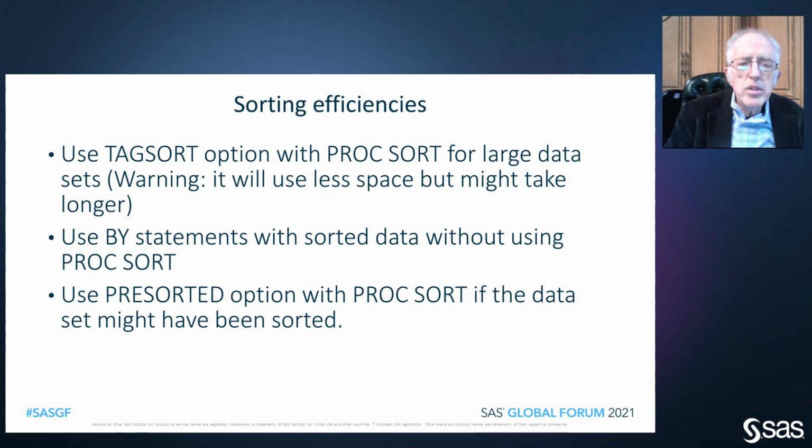Now, you can use by statements. If the data is already sorted, then you can use the by statements with sorted data, and you won't have to use proc sort. Now, going back to the previous mention that I made of the class statement, you use the class statement with the proc summary or the means with unsorted data. That means you don't have to sort it. However, if the data is sorted, then you want to use the by statement in the summary or the means or any other proc, or even a data step where you're doing a first dot and last dot, because you don't have to use the proc sort.